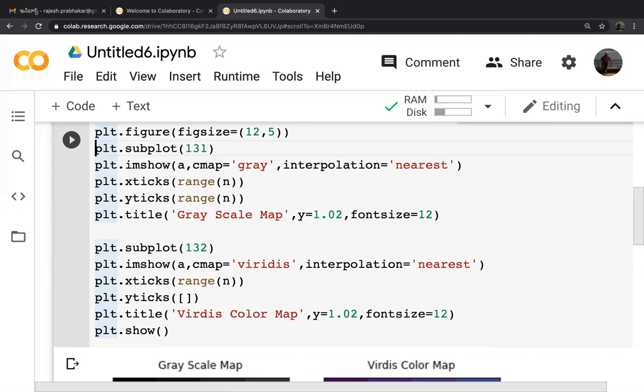The x ticks is range of n. For y ticks, again, we are giving an empty list. And then plt.title, we have given it as Viridis color map. And then we did plt.show to show the color map which is created by the NumPy as well as Matplotlib packages.